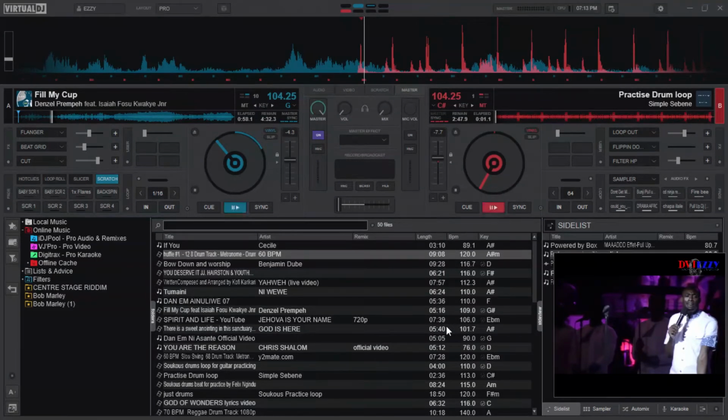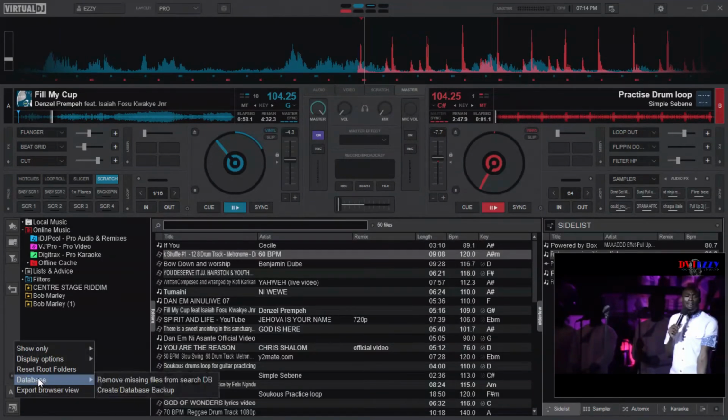Yeah, so we go on to pads. Sorry, it is not pads. The browser section. We are going on to the browser section. The browser section has its own controls. You can add favorites. You can add a folder, filter. You can even go back to the last folder that you were in. You can change the way the browser looks. For instance, you can decide to show only music, video, or karaoke. You can decide on display options, display the list as a grid view,